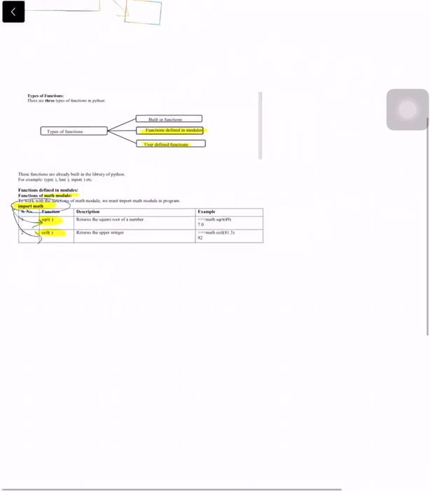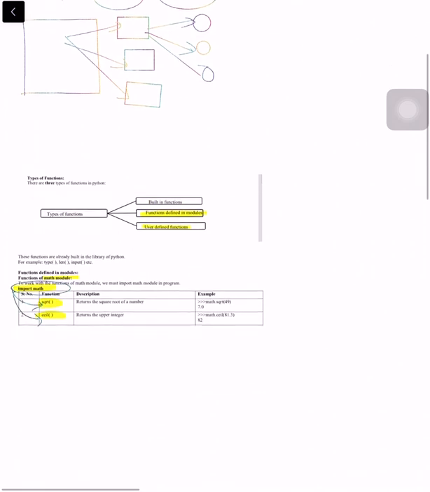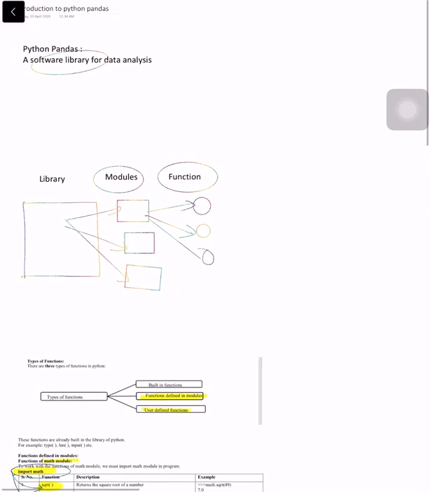In the same way, pandas has multiple functions inside it, and these functions are used for data analysis. But before you can use any of these functions, you have to import the pandas library.